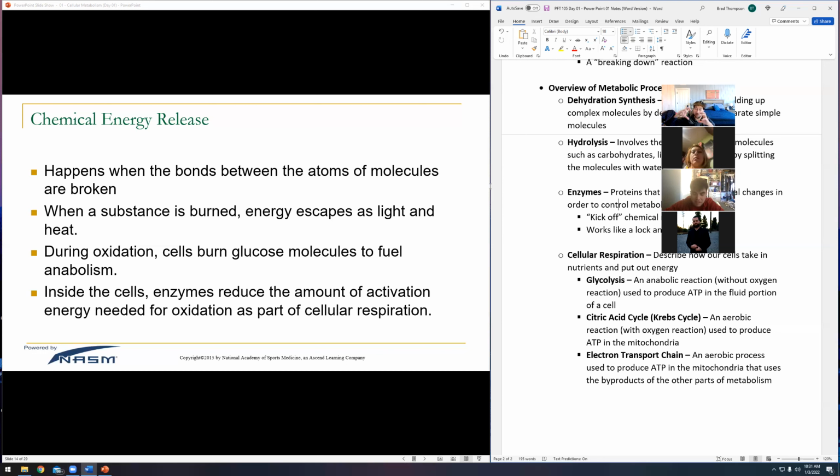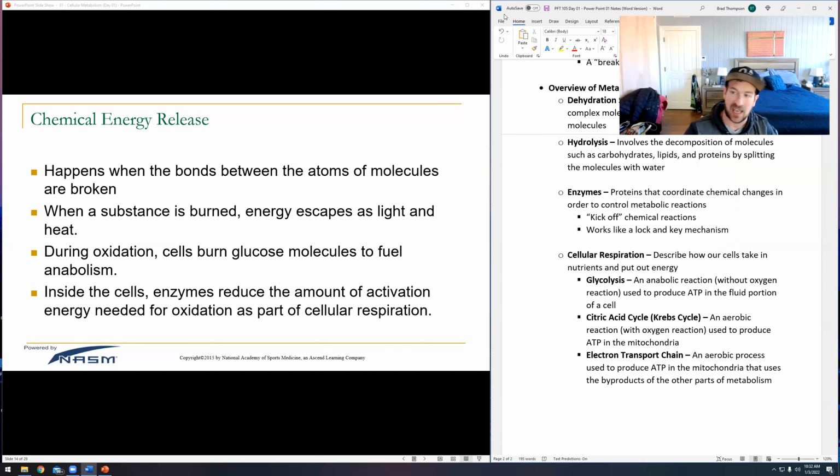Well, whenever you break the bonds in something, a bunch of energy gets released, usually in the form of heat. That's why it's explosions, and light, which are versions of energy. And what's funny is your body actually does that constantly. Your body is constantly breaking things down to release heat and light, and it captures that energy in order to